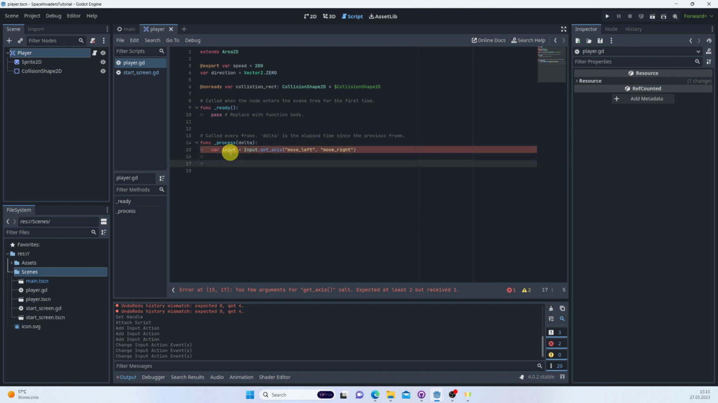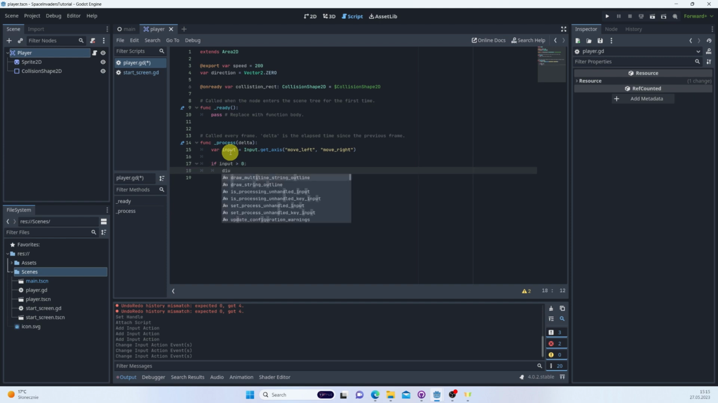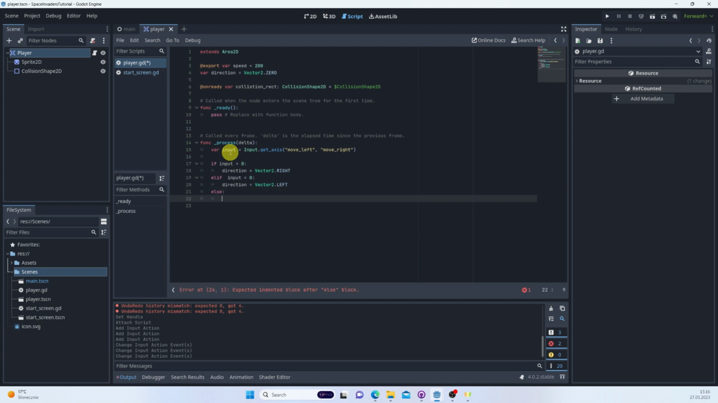Let's now, this is good. Yes, this is good. If input is greater than 0, direction is going to be Vector2.RIGHT. Else, if input is less than 0, then direction is going to be Vector2.LEFT. Else, if there's no key bind pressed, let's reset the movement to